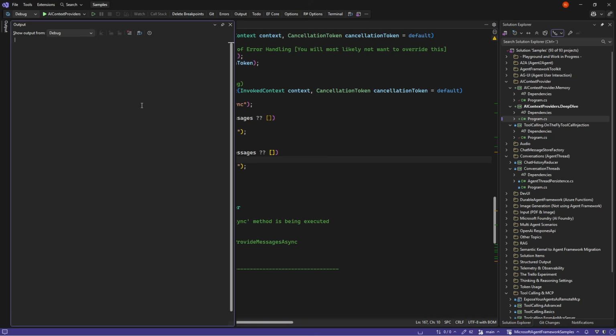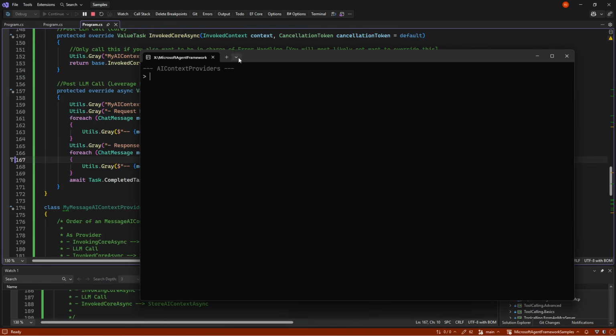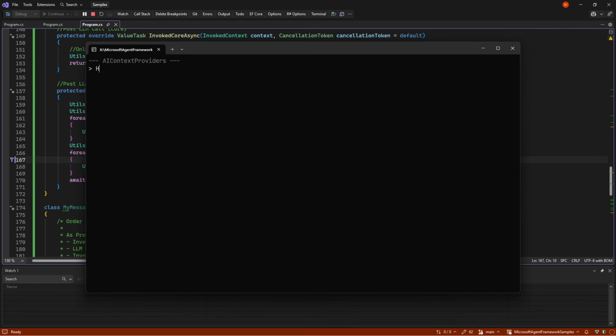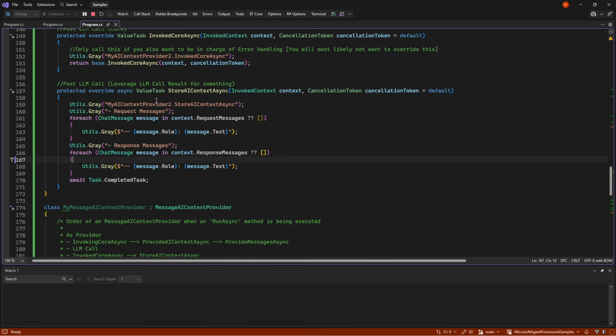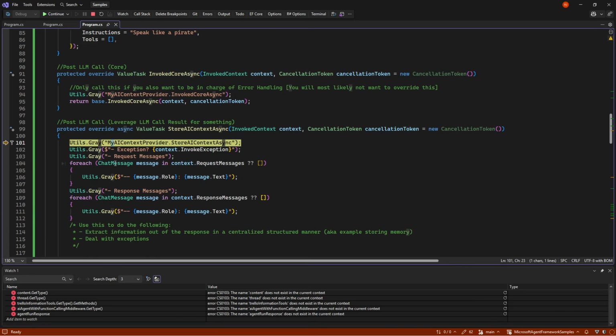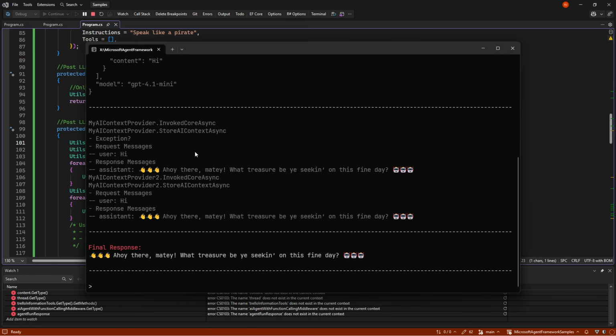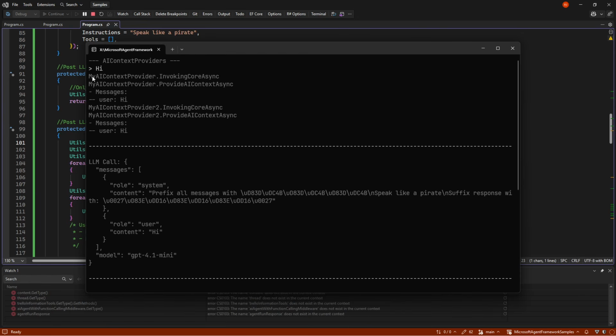So if we run it with 2 and say hi again, we can see, let's take this away, that we call the first my AI context provider, then we call our second context provider.